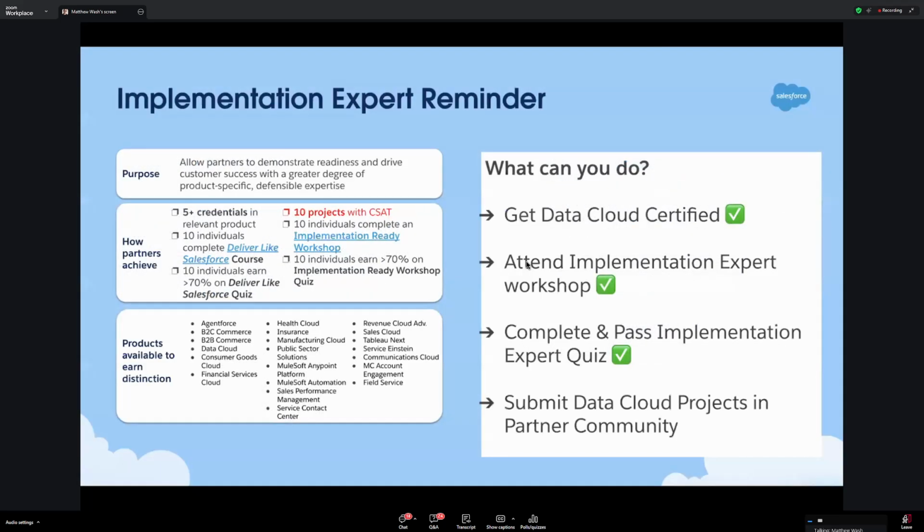Next up, let's recap a little bit what we did today. In terms of the implementation expert process, this is a special navigator status that's available to your firm. Your part is to do a few things. Based on those requirements, if you want your partner to be recognized as an implementation expert, the things that you